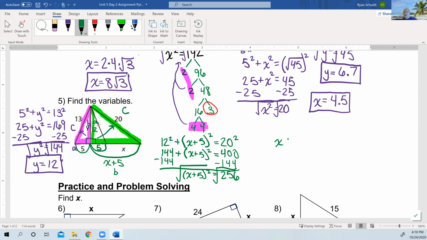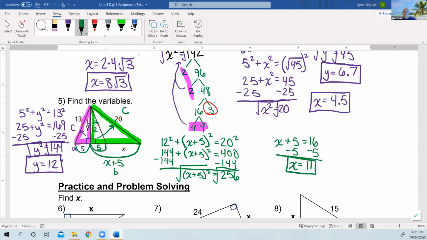So I'm left with x plus 5 equals, the square root of 256 is 16. I'm still not done yet because I haven't found x. So subtract 5 and I get x equals 11. Whew, all that work. X is 11,